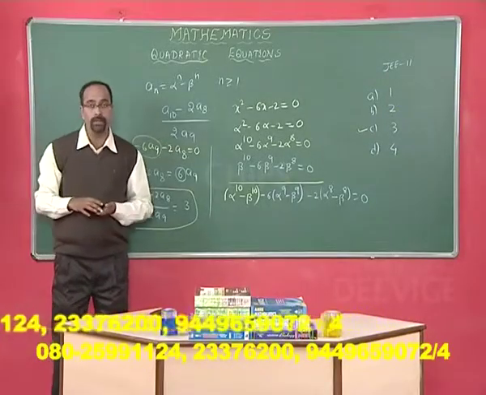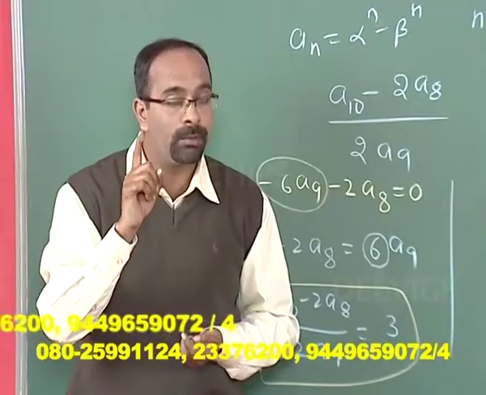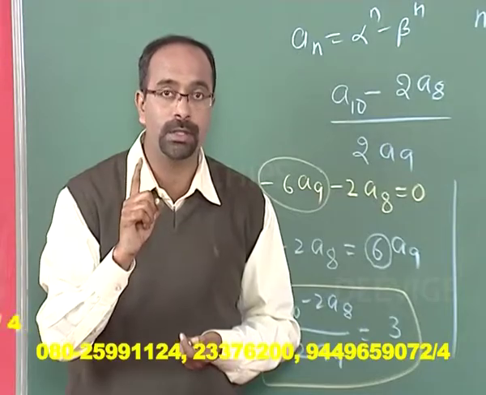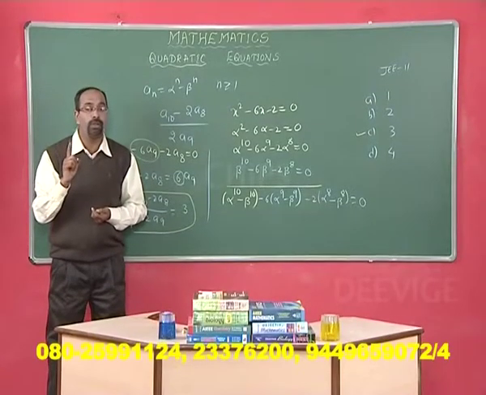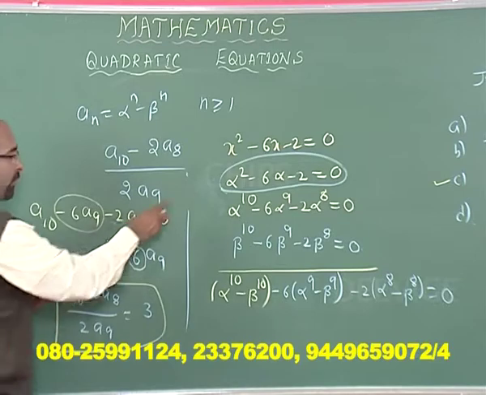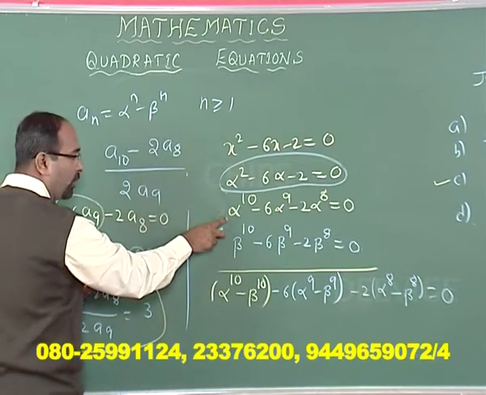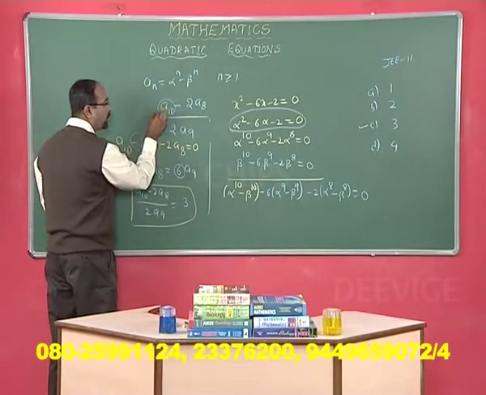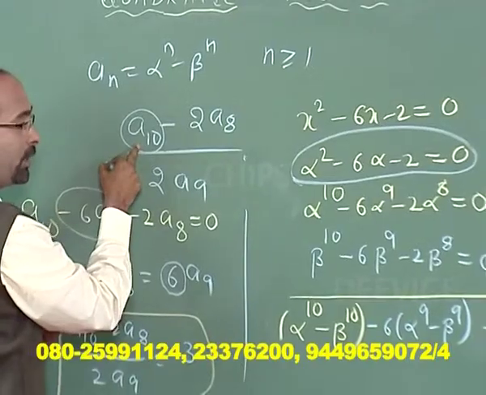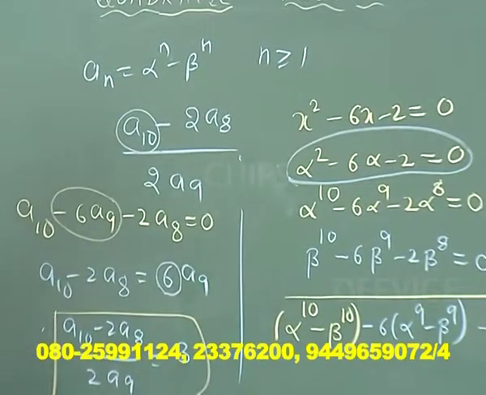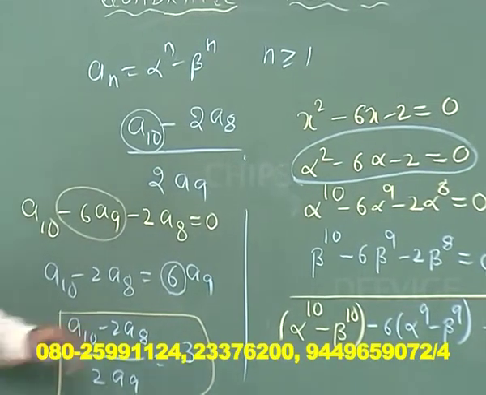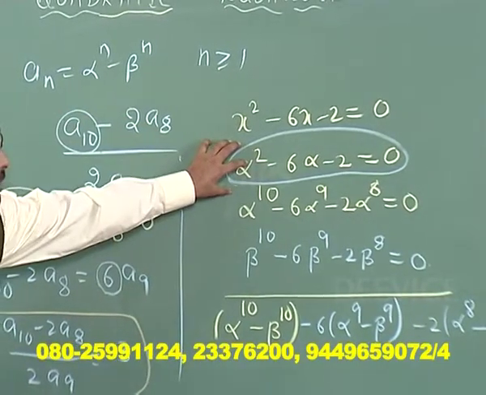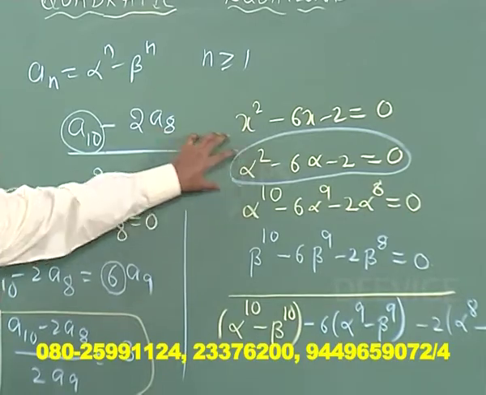Even though this problem is taken from the joint entrance exam, the problem is solved in the simplest possible way. Just use common sense. Even if it is a JEE question, you can solve the problem. We had alpha square. I converted this to alpha power 10 by multiplying by alpha power 8. The reason is, in the question we have A10. What is actually A10? A10 is alpha power 10 minus beta power 10. I am trying to bring the question to the answer part, just using the basic statement, whatever is given. From this I am trying to get the answer.